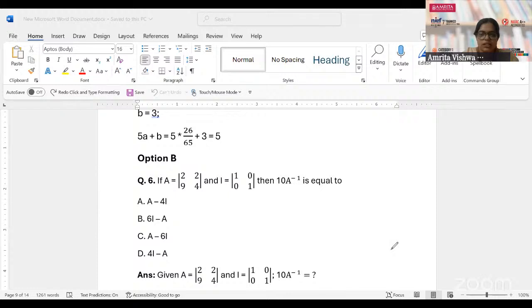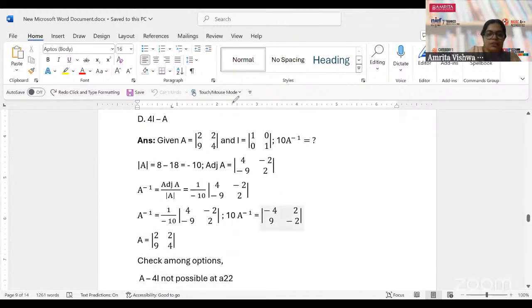So yes, we'll start answering this question. I think I didn't get any answer in the chat box. I think Manjula, okay. She's saying it's C. That is A minus 6I. Okay, let's check whether that's the correct option. Is there anyone who tried this and you have an answer? Okay, it's C only. That's what she's saying. Okay, completely fine. We'll just discuss this.